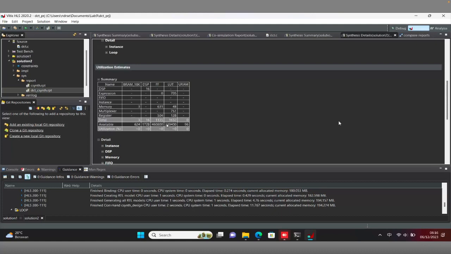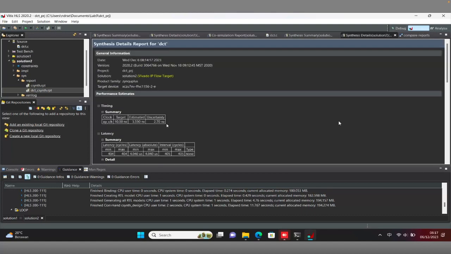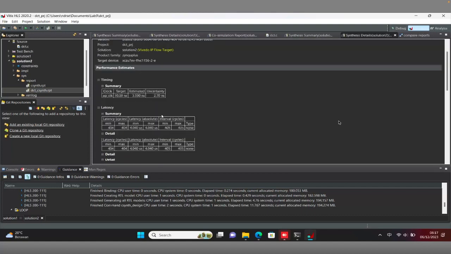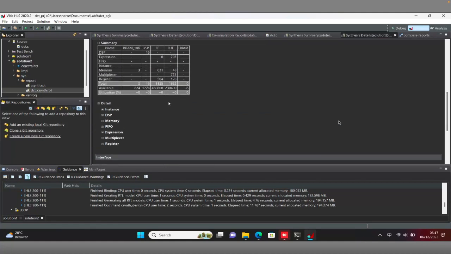The LUT is still enough. We are using ZCU7, ZU7 is still enough. How many does it have? 230,000 lookup tables. It can fit, and 624 BRAM. So it still fits into the device. You can check it first, and after